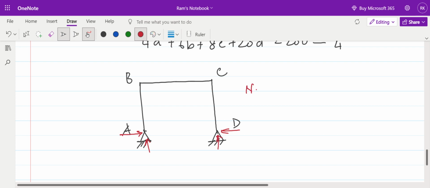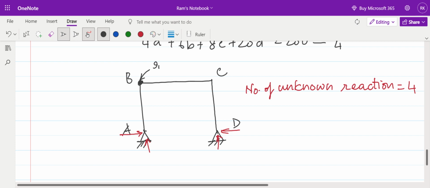So the number of unknown reactions, reactions are always unknown. We need to determine the reactions. Once we determine the reactions, plotting the SFD, BMD, and axial force diagram becomes very simple. The number of reactions is 4, and at present, if we look at the frame, the number of equilibrium equations is 3. So this may be an indeterminate structure. But if I propose that B is an internal hinge, if we provide one internal hinge,